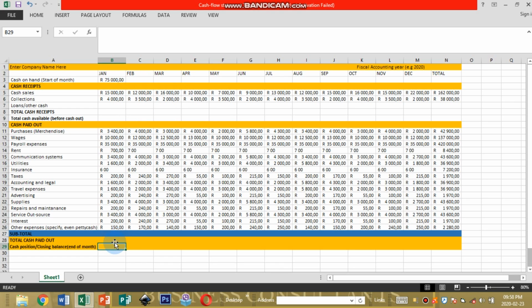You're going to come here. You're also going to find subtotals here: subtotal for cash paid out for January, subtotal for cash paid out for February, subtotal for cash paid out for March, and even here total cash received for January. You're going to calculate it here. Total cash received for February, you're going to place it here. Total cash received for March, you're going to place it here. So what you then do with that, here is where it matters the most, on your cash position, closing